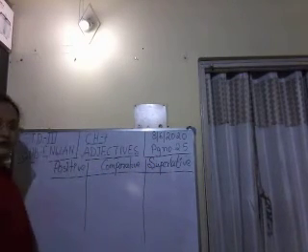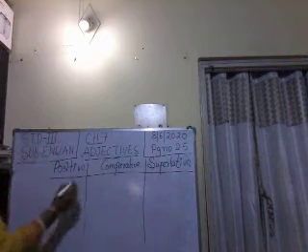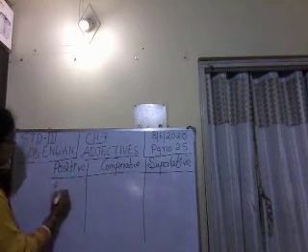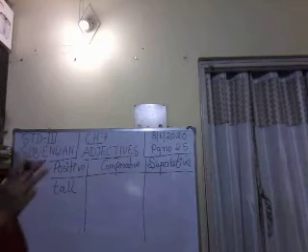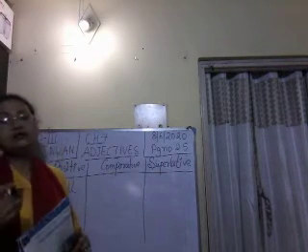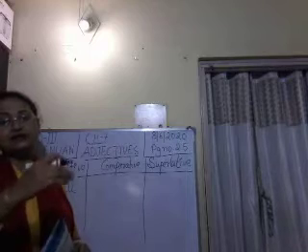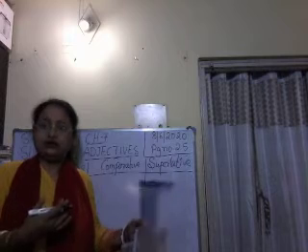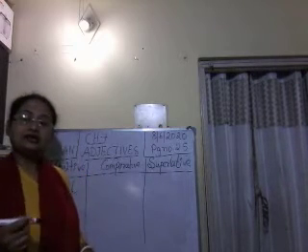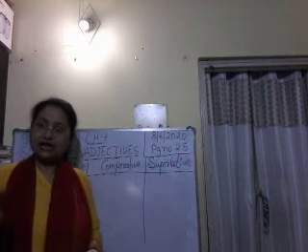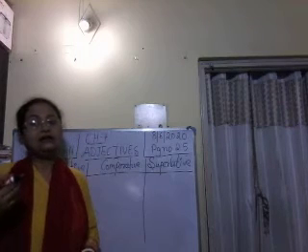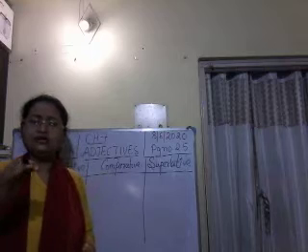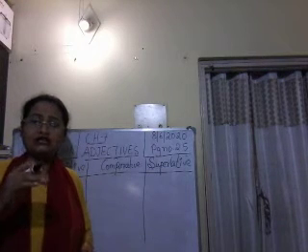A few examples I'll give to make this clear. Suppose we have already done the adjective big. Now, tall. Suppose there are 3 friends, and we have to compare them on the basis of their height. Only Ravi, Mohan and John, they are 3 friends. Ravi is 5 feet in height. Mohan is 5.2 and John is 5.5.